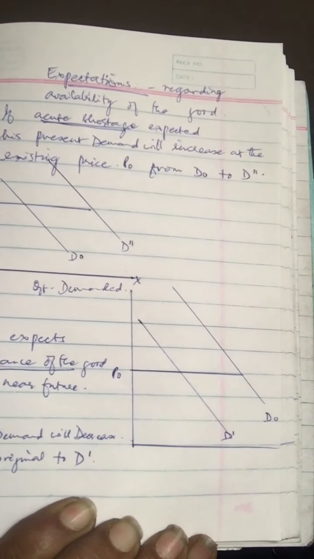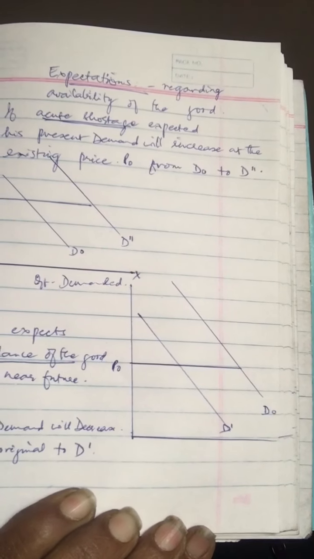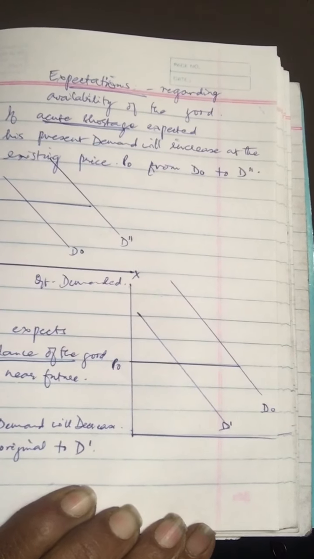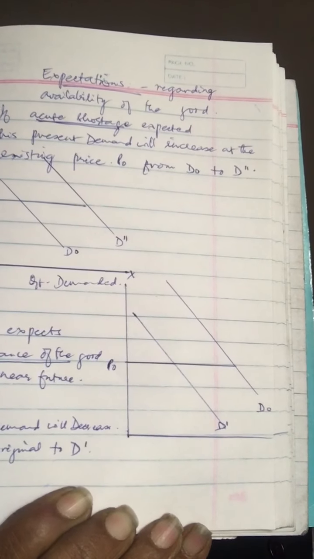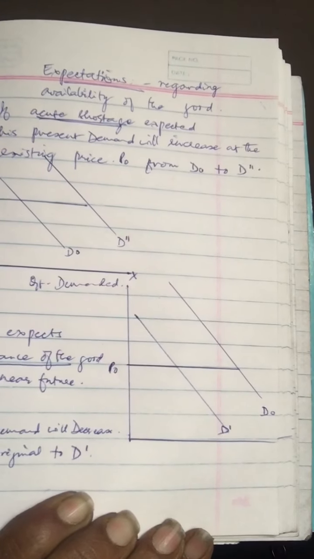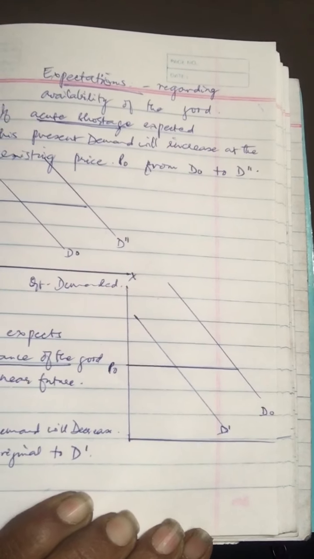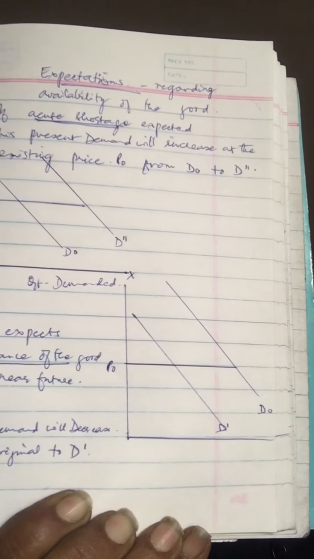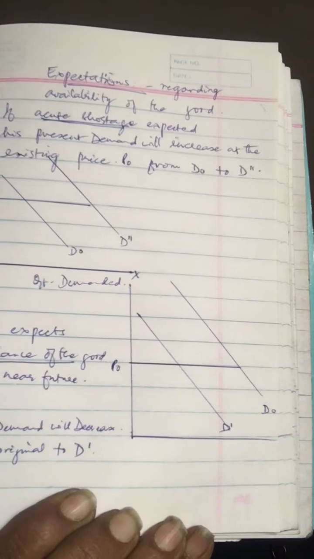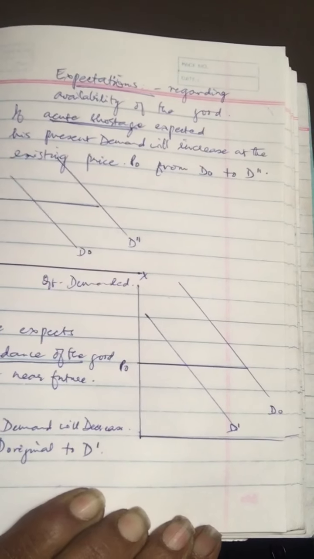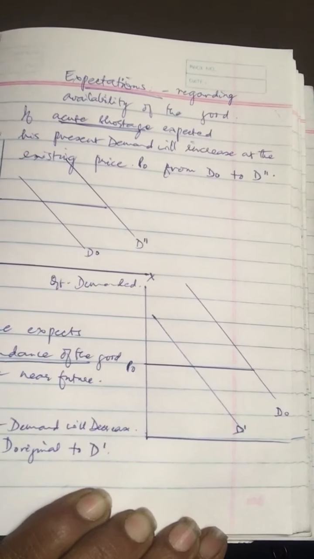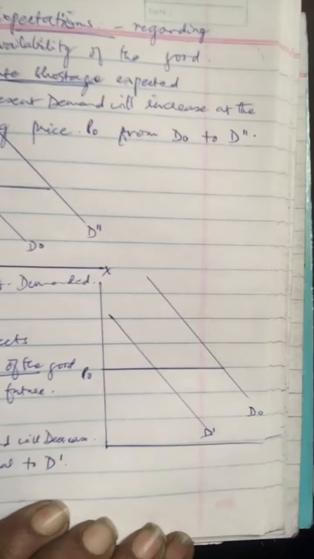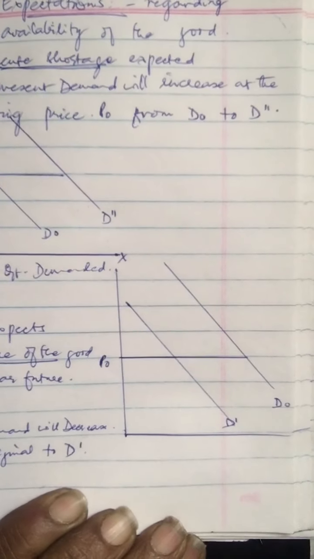And suppose he feels there's going to be an abundance. For example, let's just take the prices of onions. If we feel, okay, today it's very expensive, but within about 15 days the prices will fall, so you sort of postpone it, your demand will fall actually. You are not going to buy at the present price. So expectations do play a part in determining the demand.